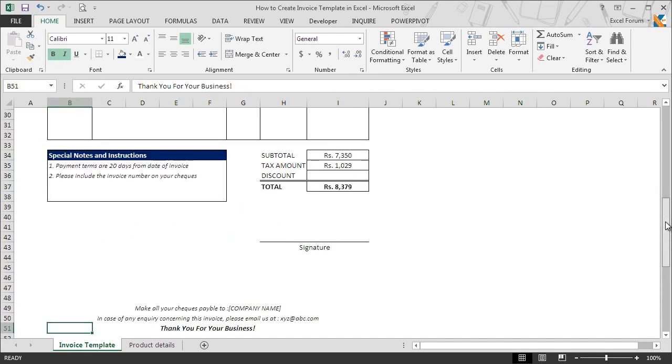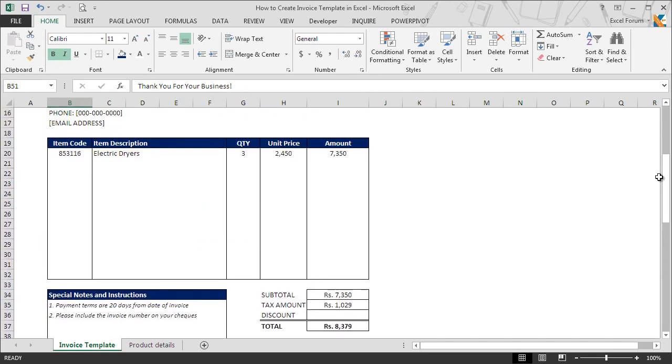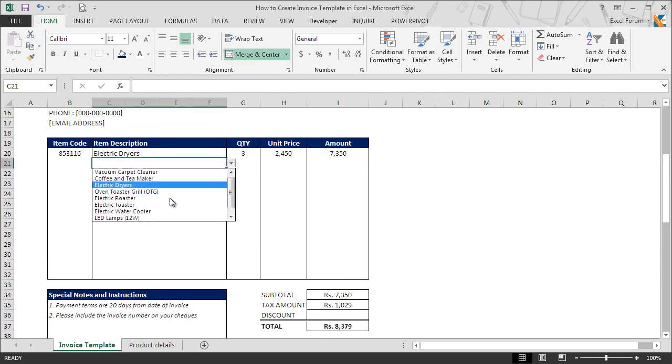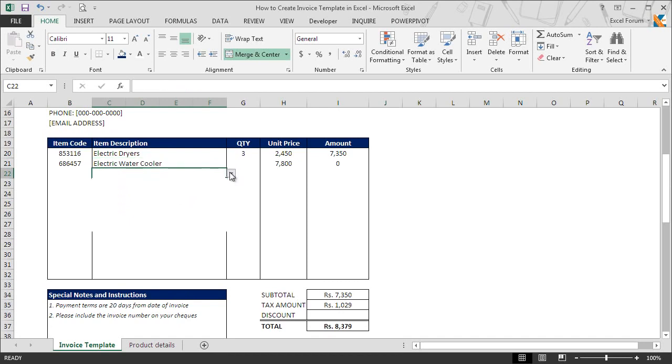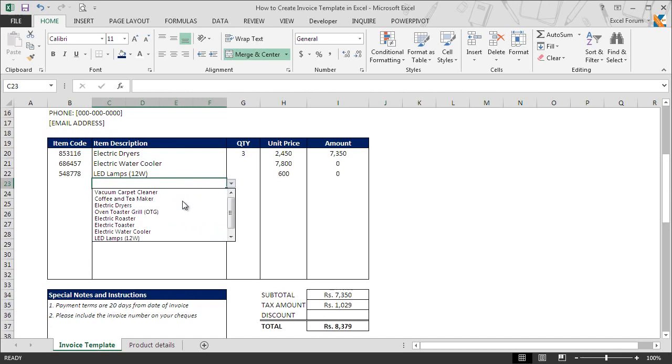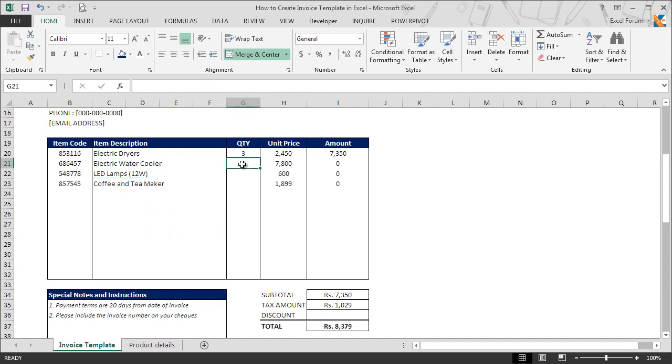Now we go to product and select few products in different cells through drop down option in column C, and then we enter the quantity for all these,